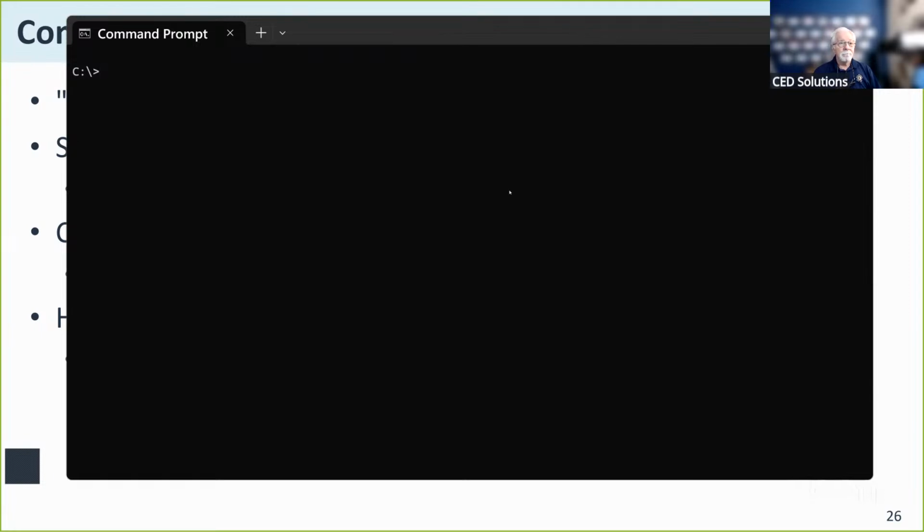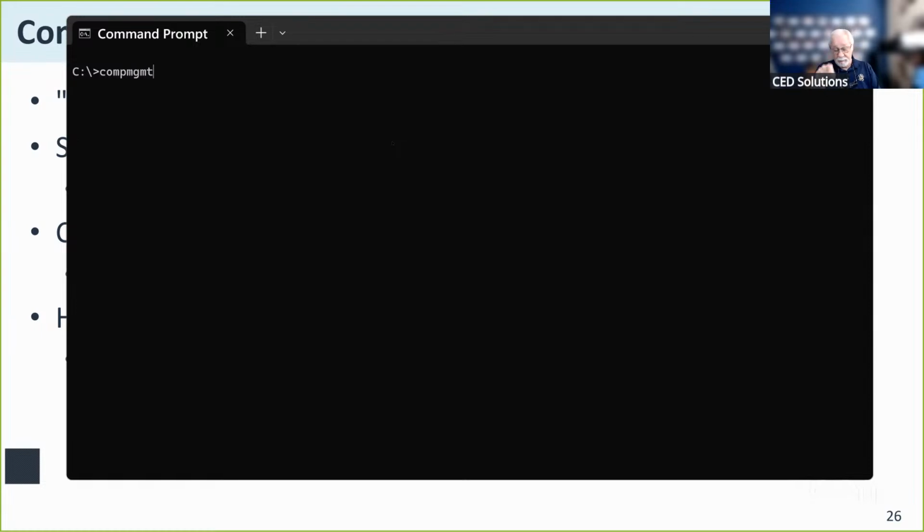I mentioned interrupting your boot process, going into the setup menu. More often than not, you can get to a command line. So knowing what those commands do, and knowing the MMC list, the management console commands, that bring up, I showed you guys yesterday, the day before, I'm going to bring up my computer manager, COMPMGMT.